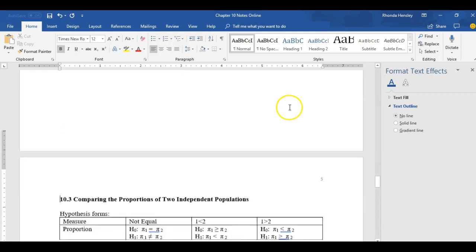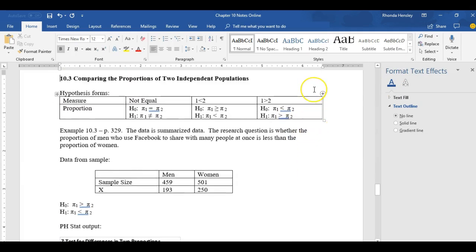A third kind of test that you might see in this chapter is where you're comparing the proportions of two populations. So instead of the mean as a measure, we now have the proportion, which again is denoted with this pi symbol. And so pi 1 equals pi 2, and so forth. So the same things: not equal, one smaller, one greater, and that's how you set it up. In this data, in example 10.3, on page 329,